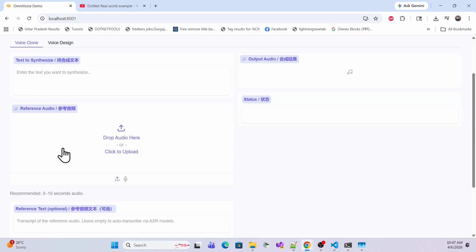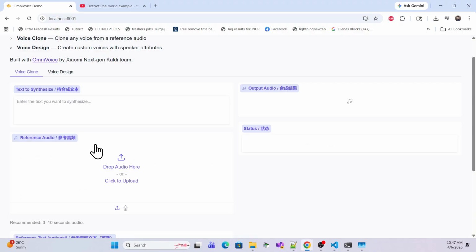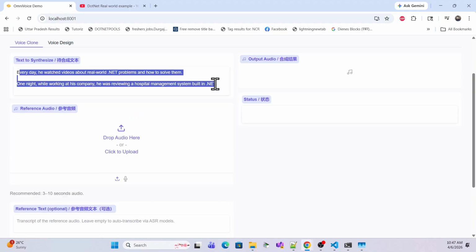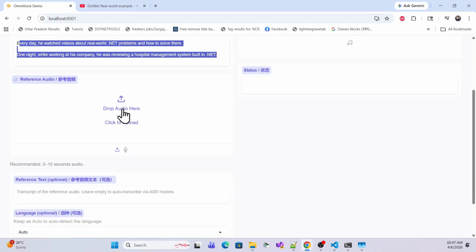So now I want to create my own voice for the same text. Let me just put that same text over here. And if you want to increase your text as a story, you can just put it. So now in the voice clone, I can just put that text, and then whatever reference voice, either you can just